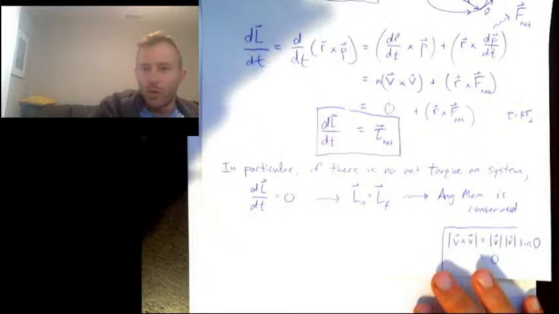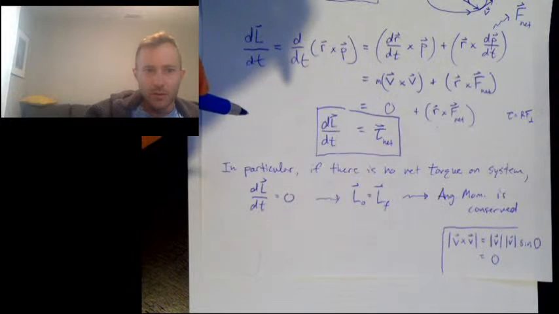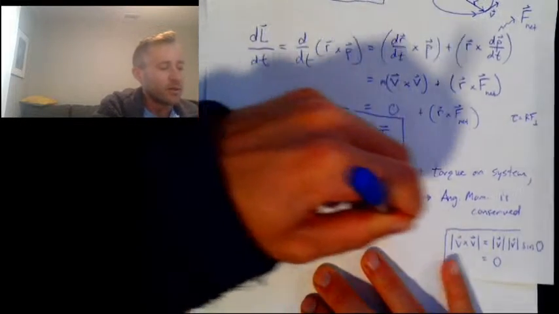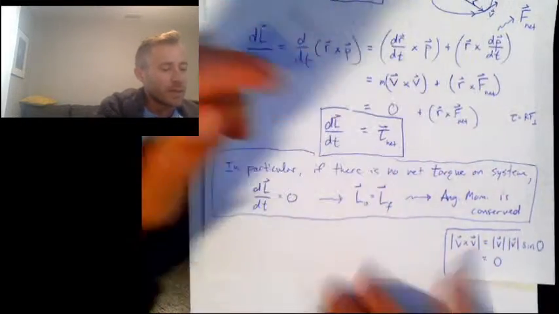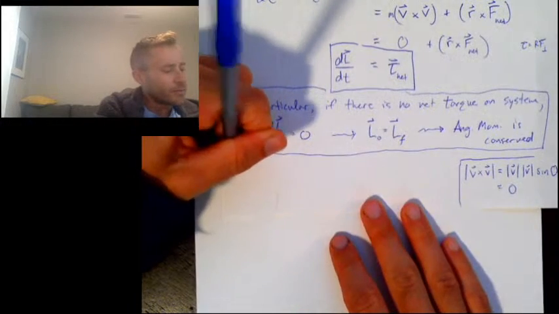So when there is no net torque on the system, the angular momentum of the system is conserved. Okay, in this class,